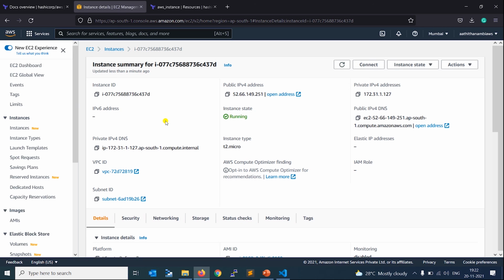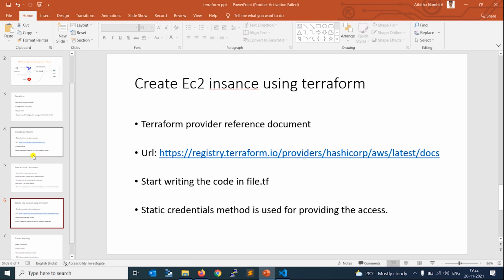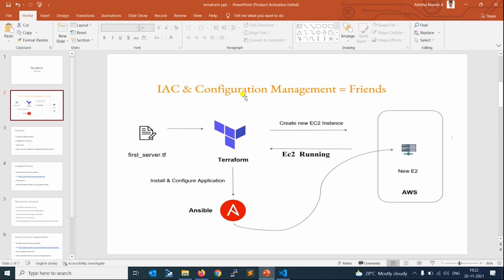Now we can use Ansible for making any implementation or application deployment, as I already informed you, it is a configuration management tool. For some applications or requirements we use Ansible completely for creating and managing applications, but this is the correct way to use Terraform and Ansible.